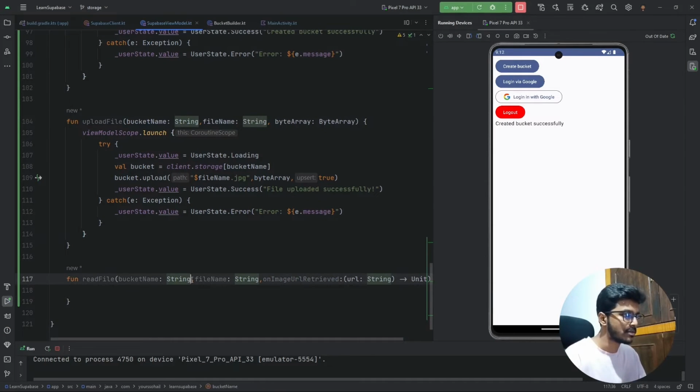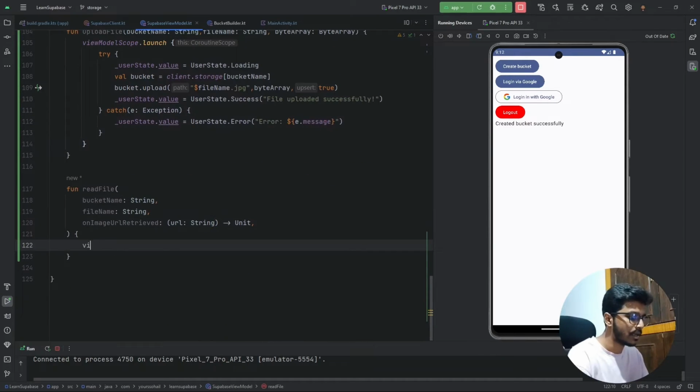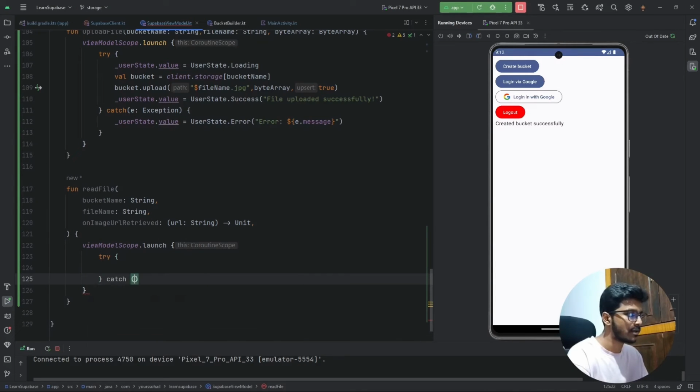Let's make this on separate lines. And again, same thing, we want to scope launch, try catch block, exception, error message,